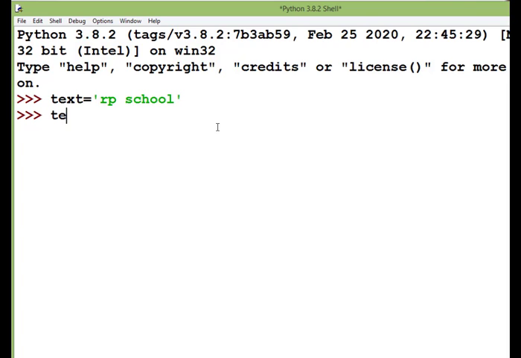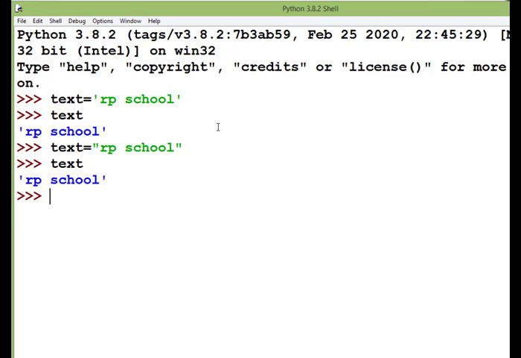Let's see, I'll type text here, and you'll see RP school is given. Next time I'm typing it in double quotes, RP school, and again I type text, and it's valid, RP school.